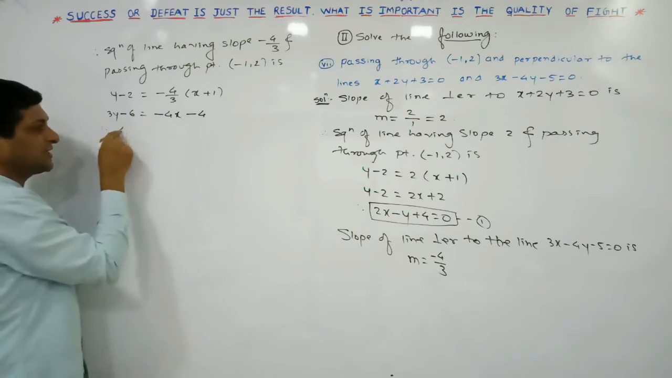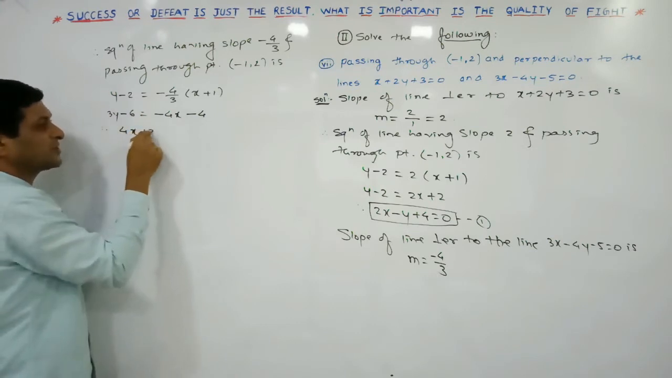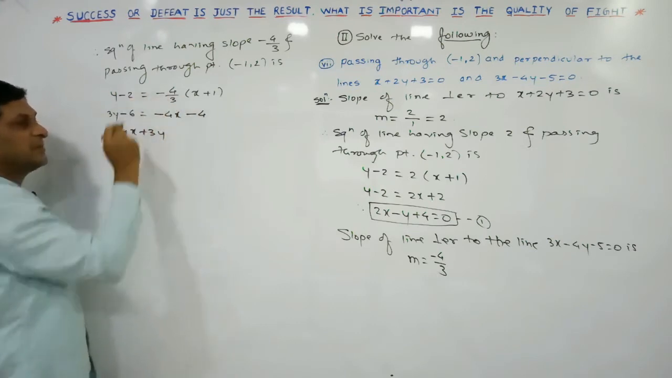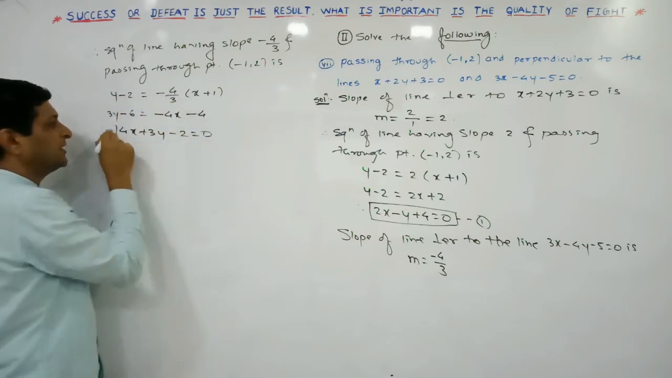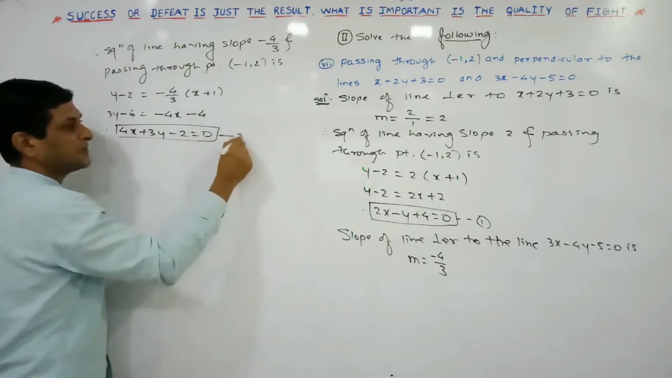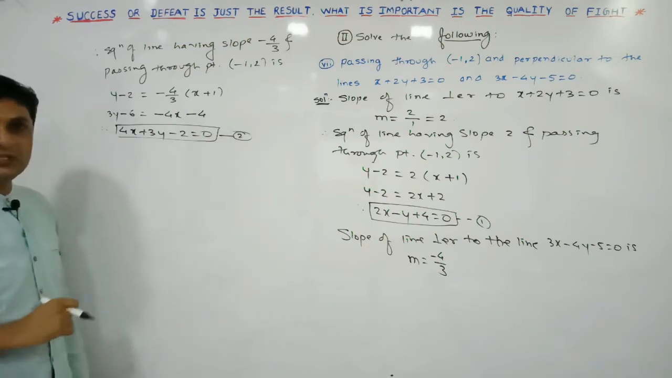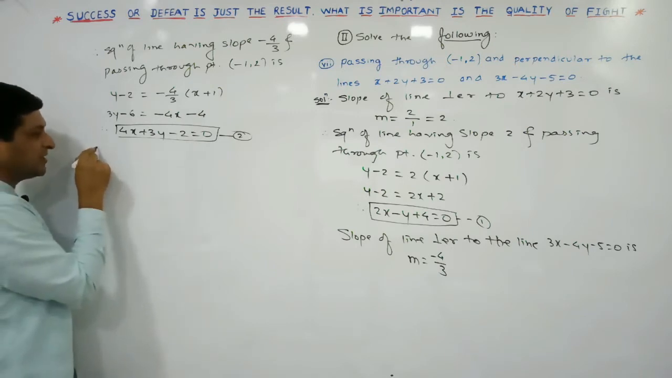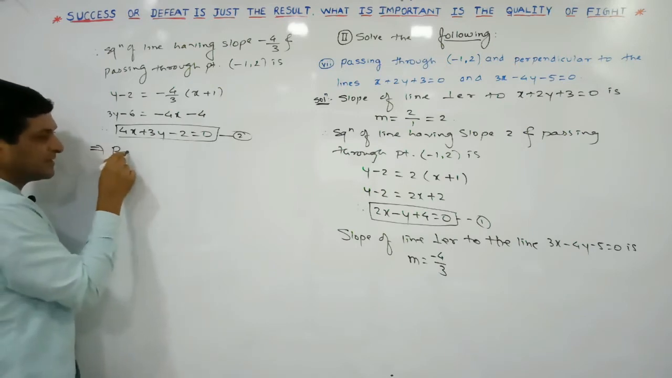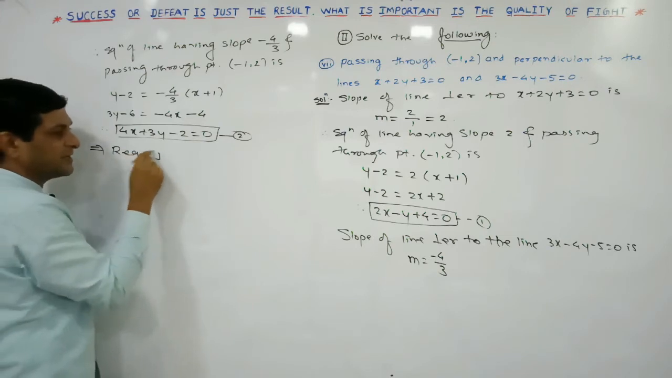Minus 4x on this side will become plus 4x, plus 3y. Minus 4 on this side will become plus 4. Minus 6 plus 4 will be minus 2, is equal to 0. In this way we have got the second equation of the line also. Once both equations are known to us, taking their multiplication we will find the required joint equation. This implies that the required joint equation